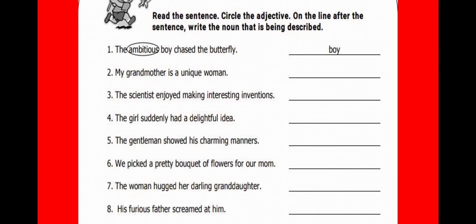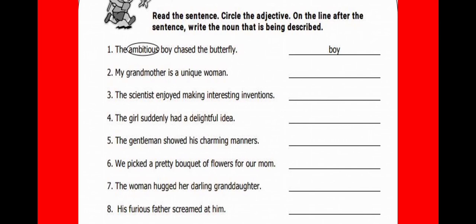Let's see the fourth one. The girl suddenly had a delightful idea. So what is an adjective in the sentence? The word delightful. And which noun is being described? Idea. An idea is an abstract noun. So we will circle delightful and we will write idea in the given blank. Let's see the fifth one. The gentleman showed his charming manners. What kind of manners did the gentleman show? Charming manners. So charming is an adjective and manner is a noun which is being